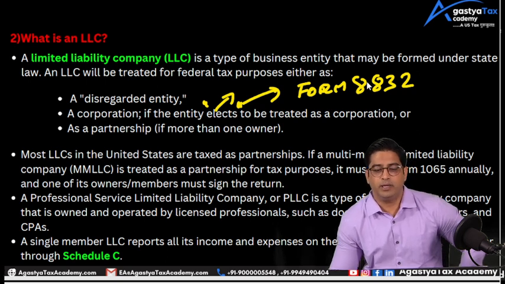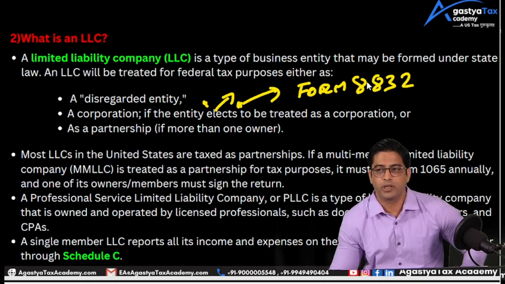If a multi-member LLC (MMLLC) is treated as a partnership for tax purposes,